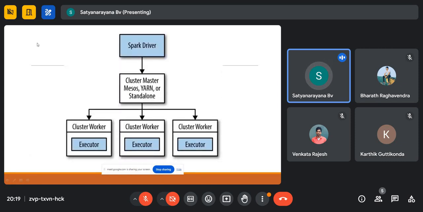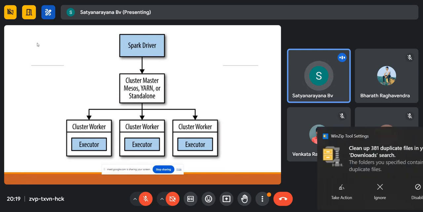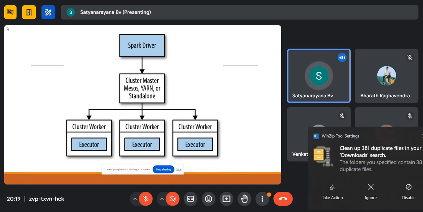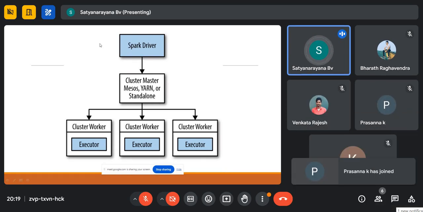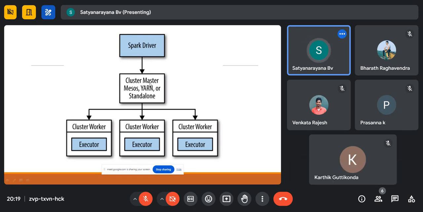So now tell me, when you run any Spark job, whether batch processing, interactive process or streaming process, any job you run on the Spark cluster, first the Spark driver will take the request, then it connects to the resource manager, that is called the cluster master or cluster manager. Then the cluster manager releases the executors. What are executors here? They are JVMs, right?